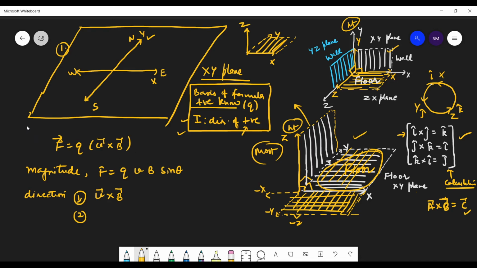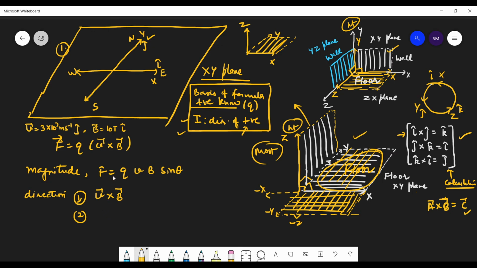So what is given to you? V equals, right, with direction. The magnitude is 3 into 10 raised to power 7 meter per second. And along with the direction, I'm writing the vector. So which direction is it, students? That's y direction. That's j cap. Good. Now, in the uniform magnetic field B, which is 10 Tesla, which direction, students? East. So east is which direction? That's i cap. Yes or no? Okay. Good.